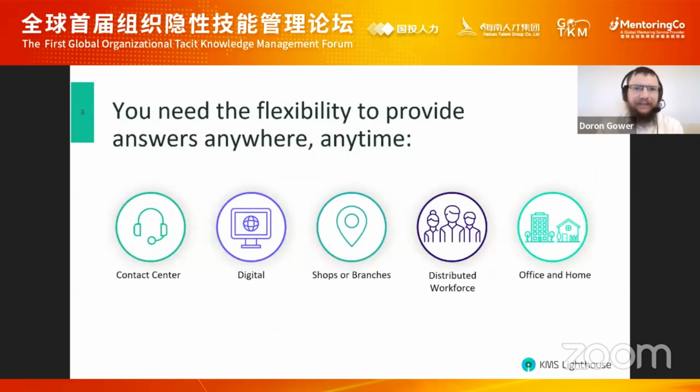If we take it a stage further, it's also important that there is accessibility to that tacit knowledge across all of the different touch points. So if we're thinking about an organization that maybe has contact centers, call centers, digital channels, websites, bots, portals, shops and branches, maybe actually front-facing areas where customers can come and speak with an employee. Distributed workforce, teams that are out and about, that are on site, that are working from home, the office, that need to have information. Having that accessibility to both the tacit and explicit knowledge is critical for an organization's success,